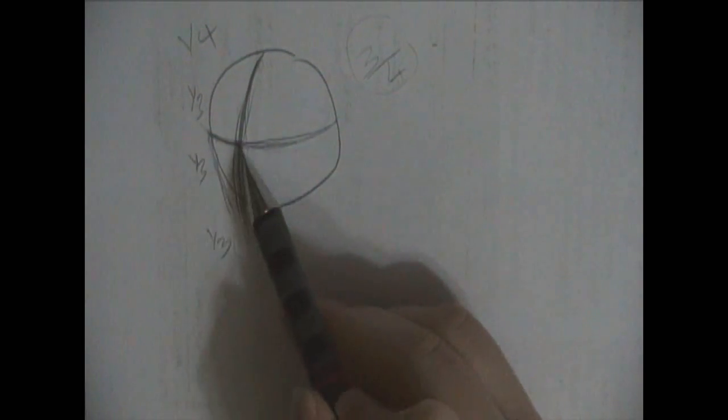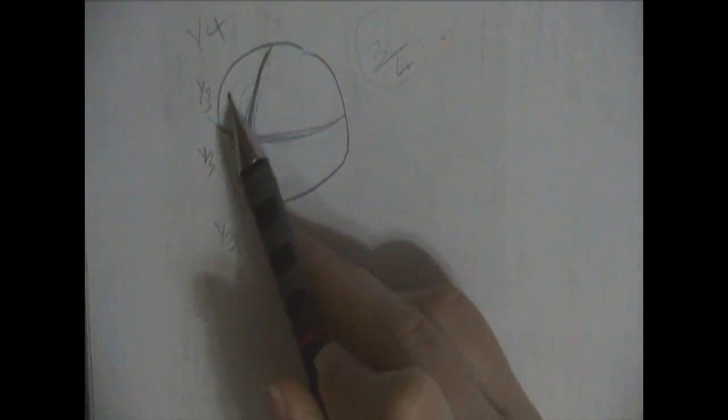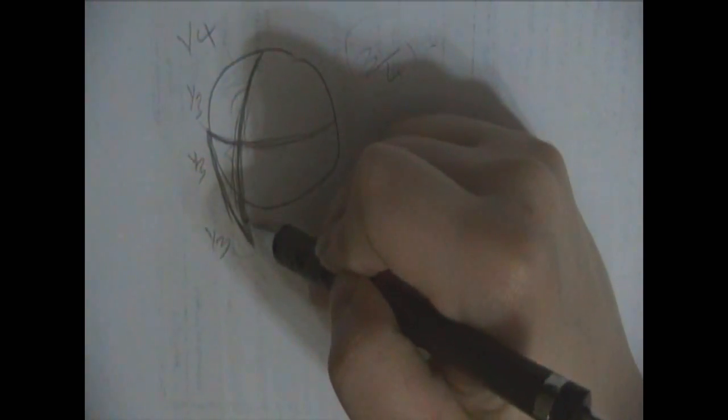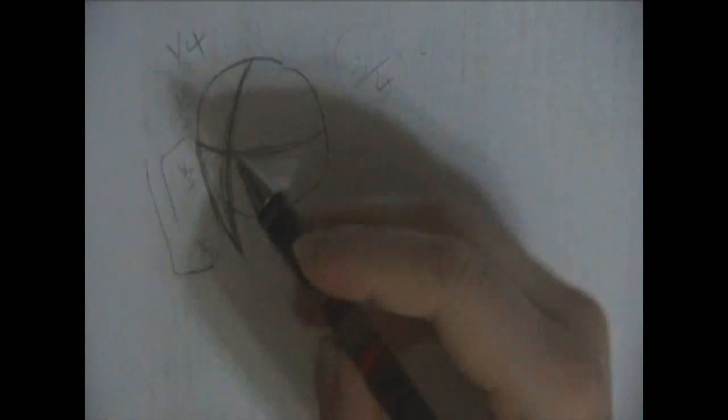These 3 lines need to be equal, okay? Remember, I did that in the first video. You gotta go and see it. So anyway, from this point to that point, which is almost 2/3 of the face, is going to connect like this, and same with this. It's going to connect like this as well, and this is practically the 3/4 view